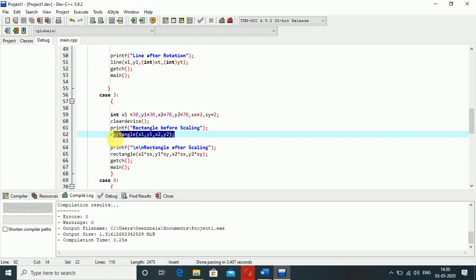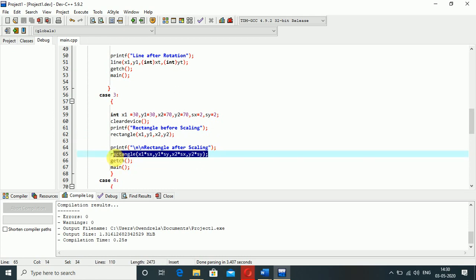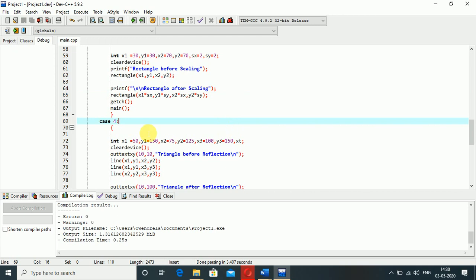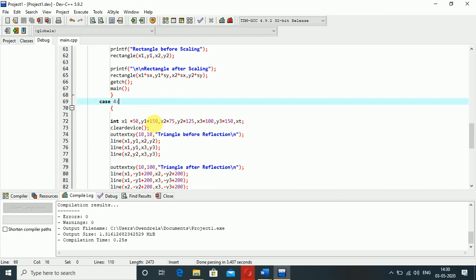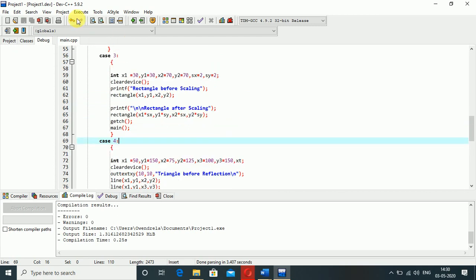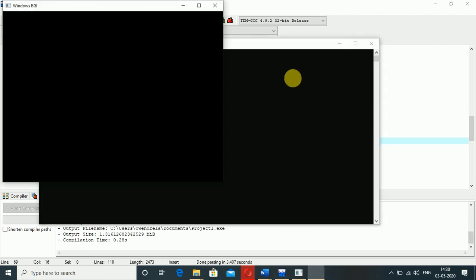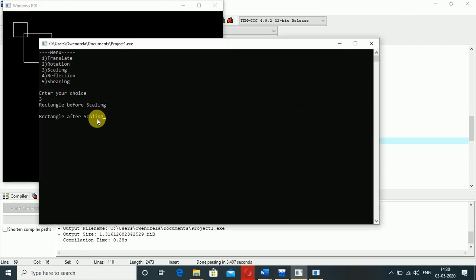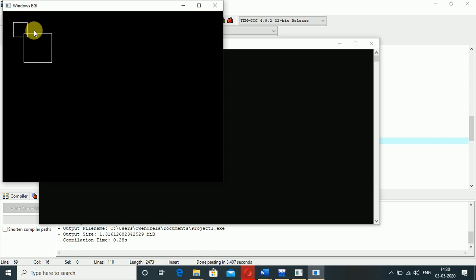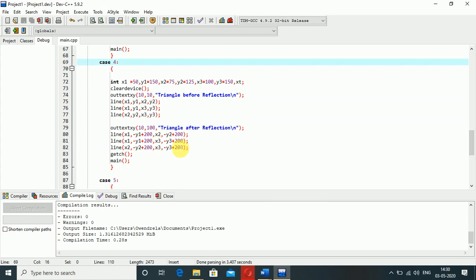This is the simple function for the rectangle, and in this rectangle function I use the scaling formula. Please read the note before executing this code. Now test for the scaling. This rectangle is before scaling and this rectangle is after scaling.